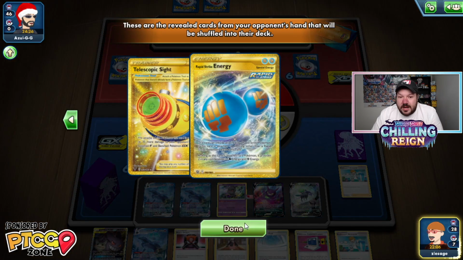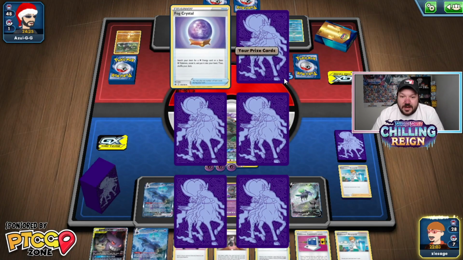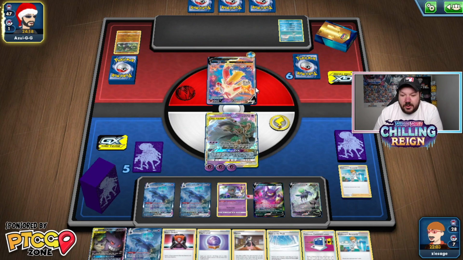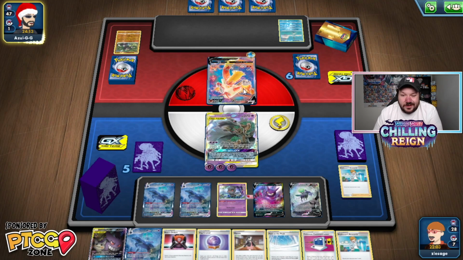I don't think those were great cards. But we did get out of the Rapid Strike energy. So I'm just going to continuously try to throw this in a blender, ripping cards out of there, and then just building up a board state to see what's going to happen. So there's a Blaziken V. Based off what he has in his hands, I can't, like...